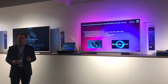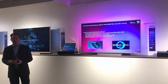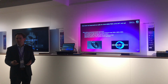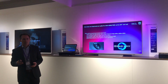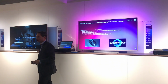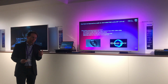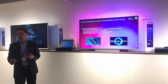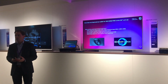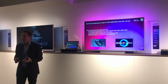First of all, we changed the speakers. We took larger speakers which also reach a larger frequency range. The old TV, we're still selling it, the 2018 line, was reaching 220 Hertz. Now we are going to reach 180 Hertz. That 40 Hertz doesn't sound like a lot, but the male voice starts around 200 Hertz. So if you reach 180, you capture the full frequency range of a human voice, and it makes the sound more